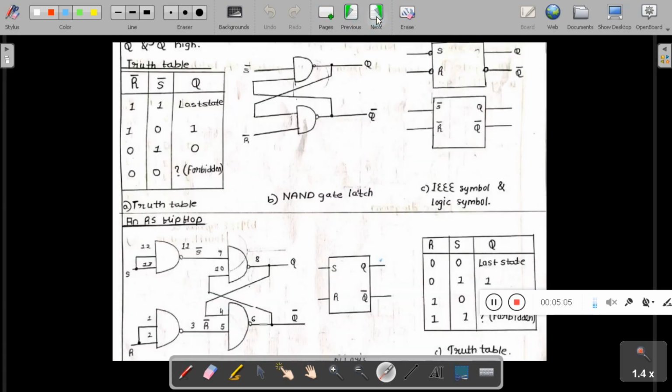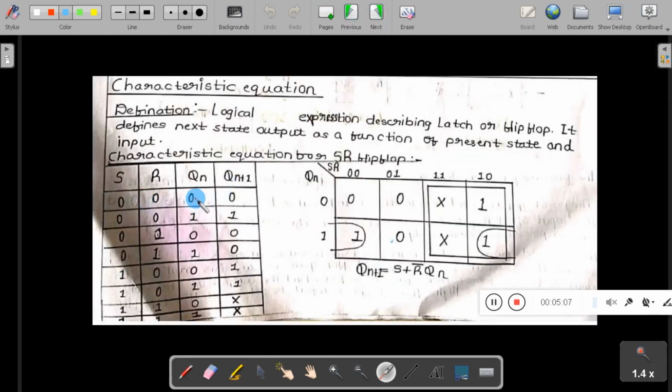So in this case we have taken the last state. As I said, in a flip-flop there are three inputs. One is S and R, the other one is the feedback, that we know. So we will treat this as the last state.